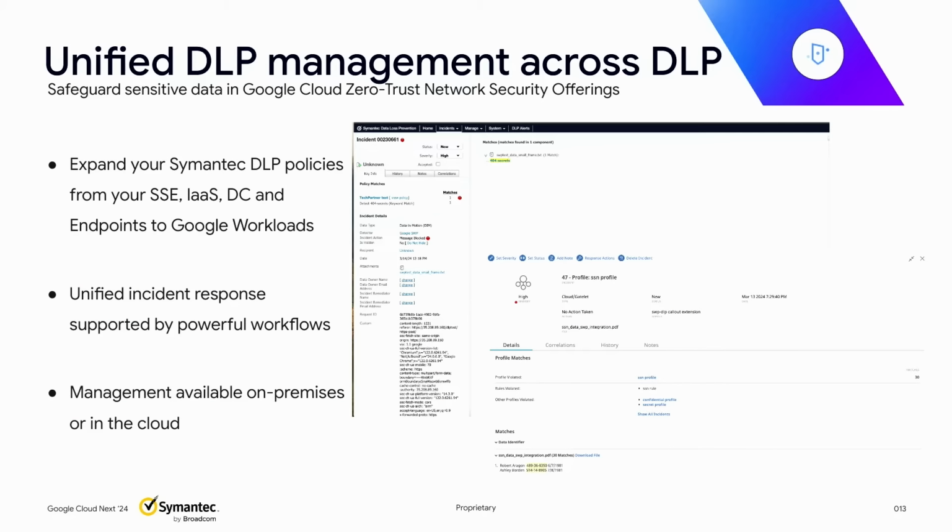And then finally, also providing unique workflow integrations for all of the DLP channels that are integrated, being the endpoint, being in your data center, or now into the Google workload.